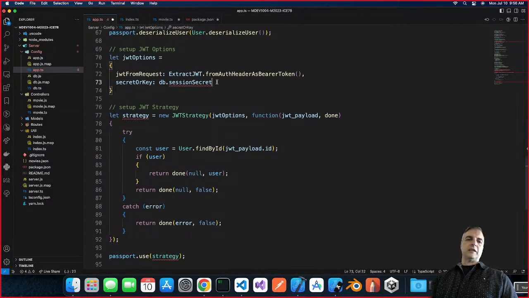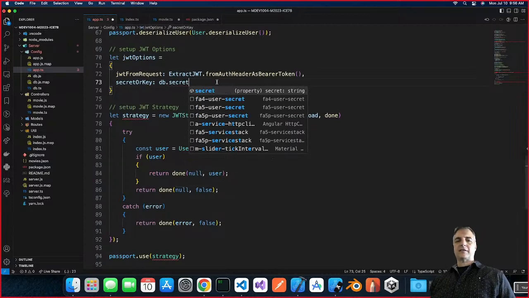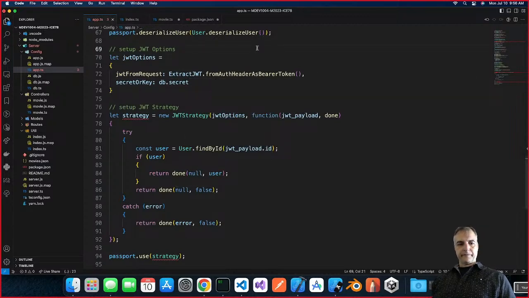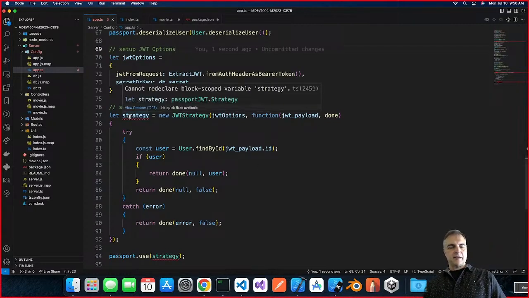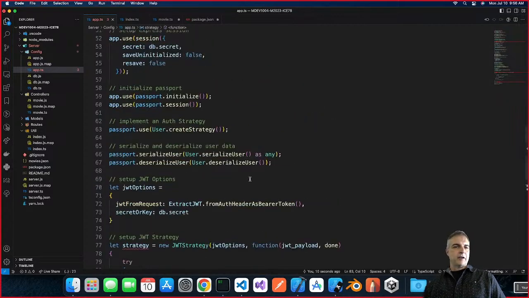Just make sure that the DB secret is not a session secret, it's just a secret, lowercase, in our case, as that's the change we made. Save. Strategy is giving me a bit of an error. It says cannot redeclare block scope variable strategy. Okay? Because what we did was